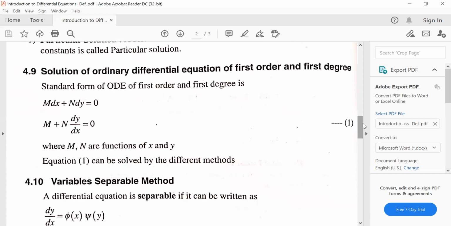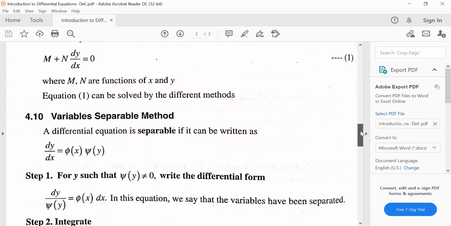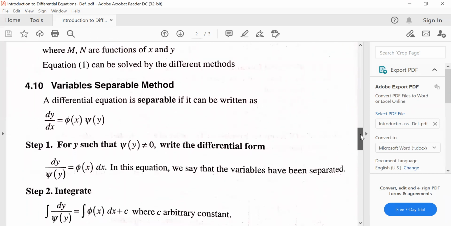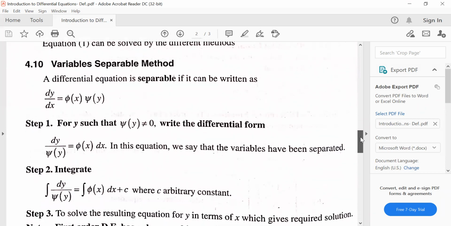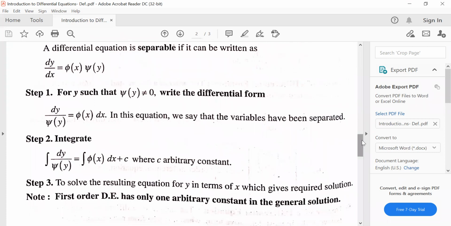So how do we solve this? The basic method is called variable separable, because to solve a DE, we need to integrate it after separating the variables. If we are able to separate the variables in the beginning itself, with all the functions of x and dx on one side and all the functions of y and dy on the other side, we say that it is variable separable. Then it will be easy for integration. We can integrate the like terms, and using the formula we get the solution.